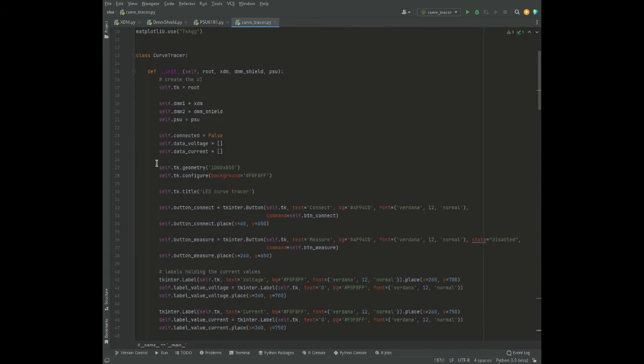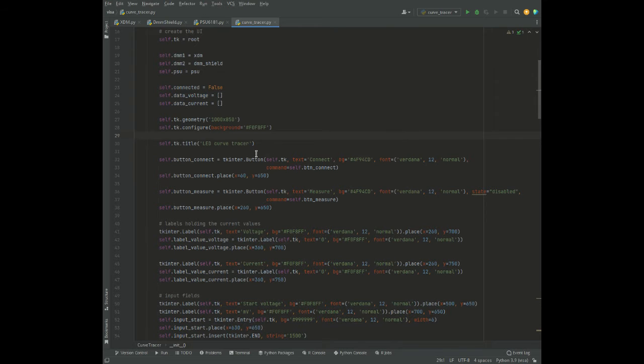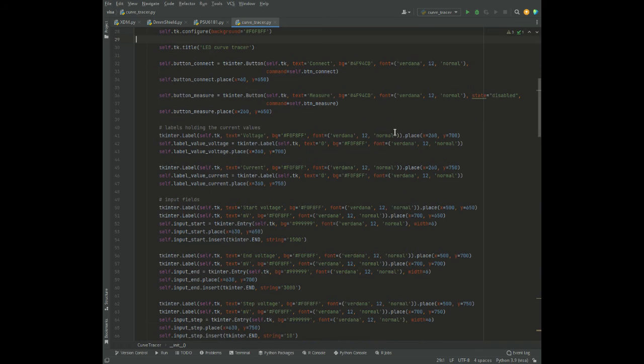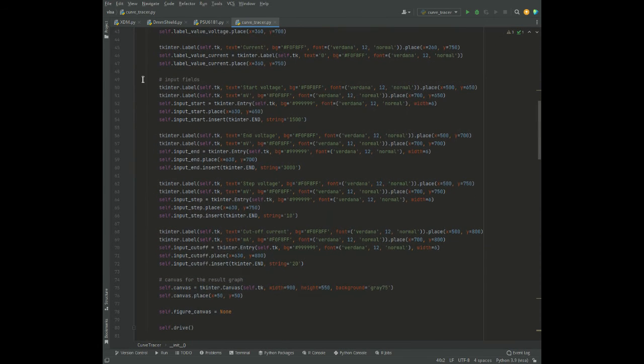The user interface is rather simple. It creates a canvas with a reasonable size, creates a button to connect to the interfaces, a measurement button, has two text fields to output the current measurement values, and has some input fields. One is for the start voltage, so where should the curve start with driving the device under test. Then one for the maximum voltage,